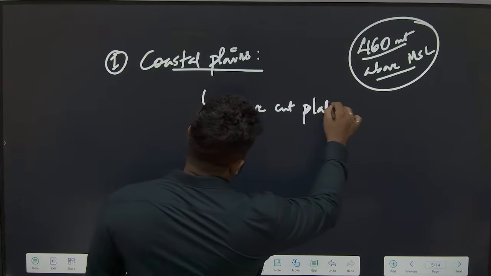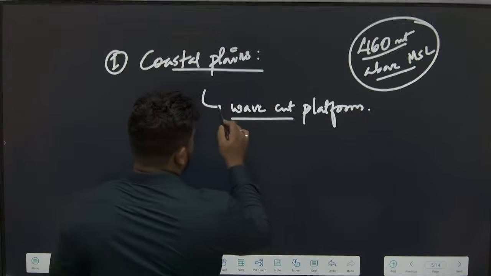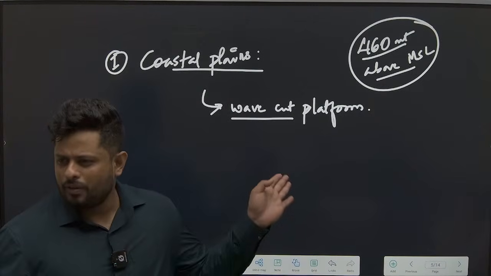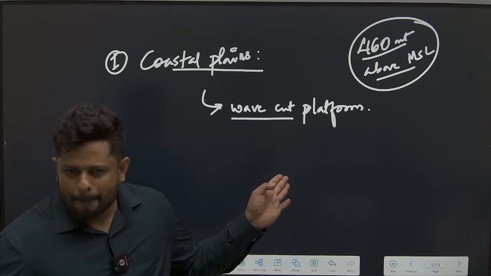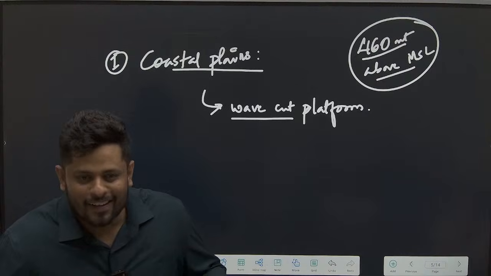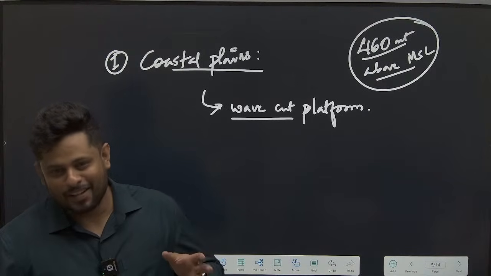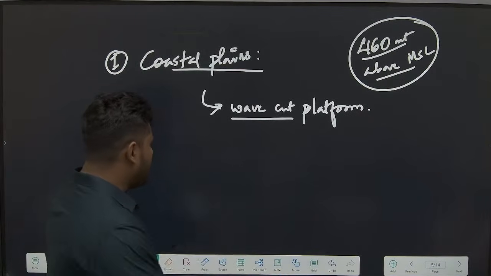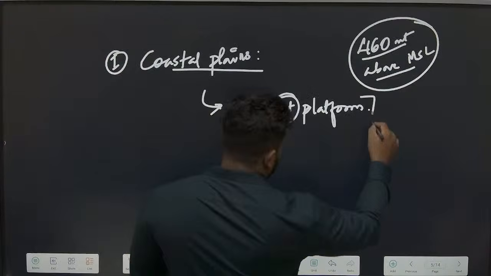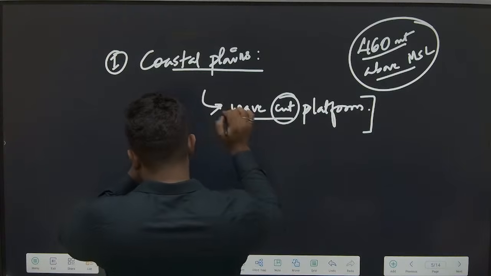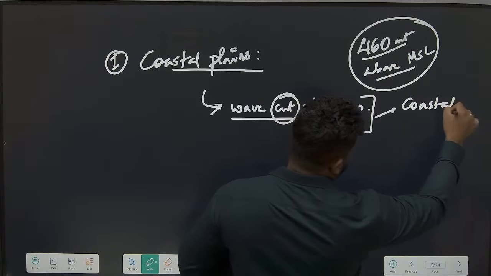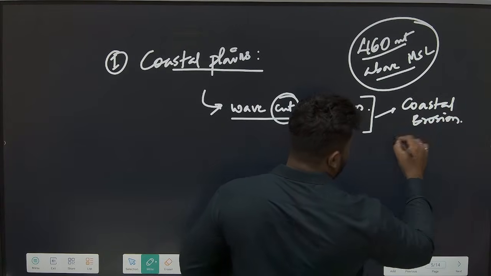How the wave cut platform anta ನನಗೆ ಒಂದು ಮೆಸೇಜ್ ಸಿಗ್ತಾ ಇದೆ. The clue, probably if it comes in the examination, don't worry. ಏನಪ್ಪ ಇದು wave cut platform? Wave. What has come to your mind? Water. Okay, very good. Which water? Sea wave anta helbitre mugita ittu. Anyways, so it is cut, that is erosion. So most probably whenever the statement comes that coastal plains is a wave cut platform, which is the most dominant activity, coastal erosion. What are the other types of erosion that is possible over here?